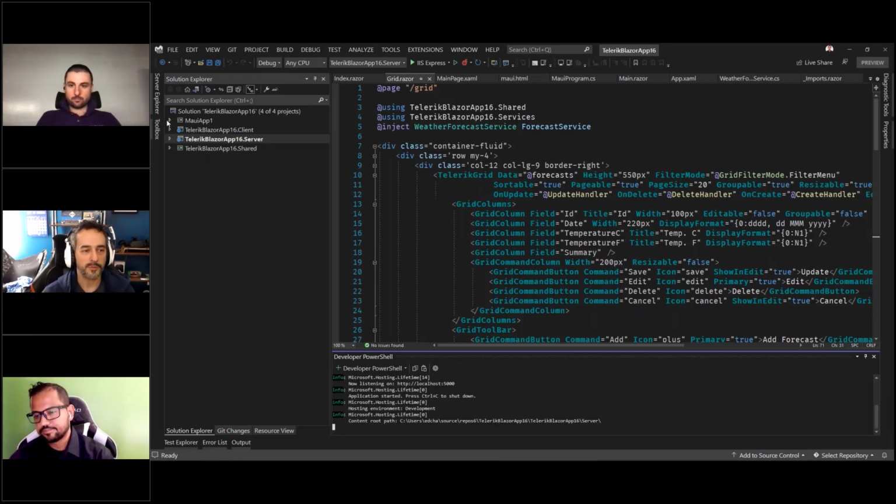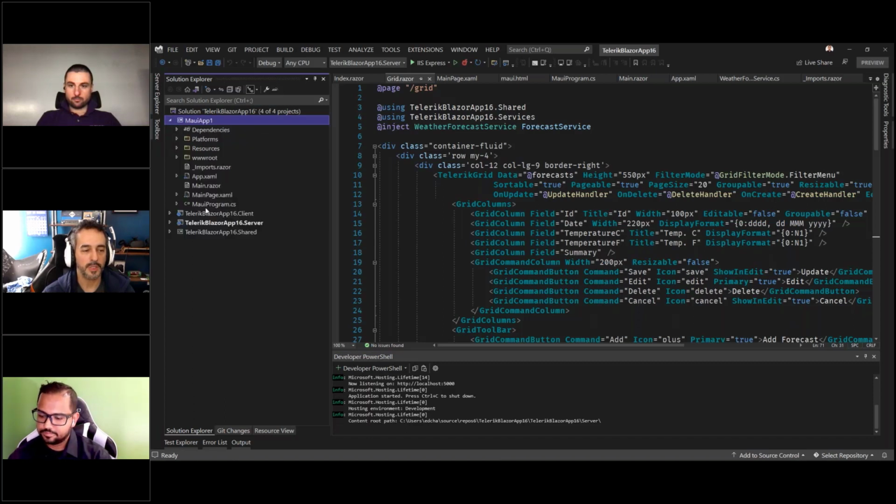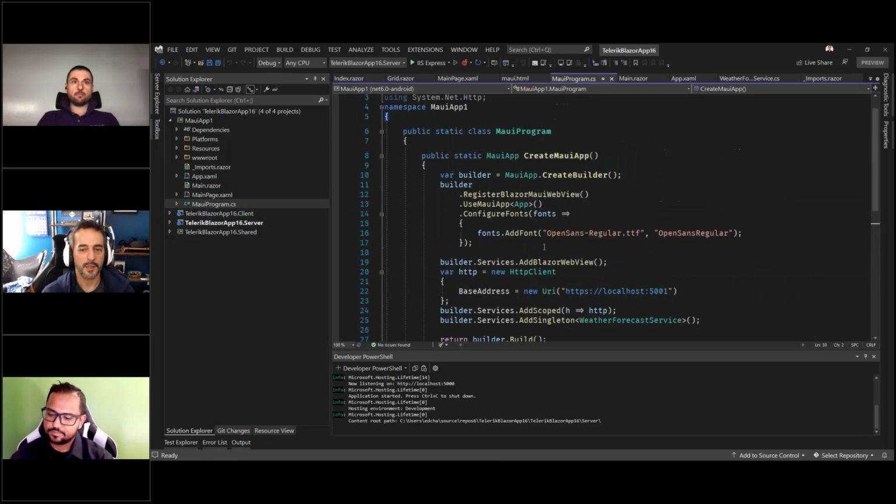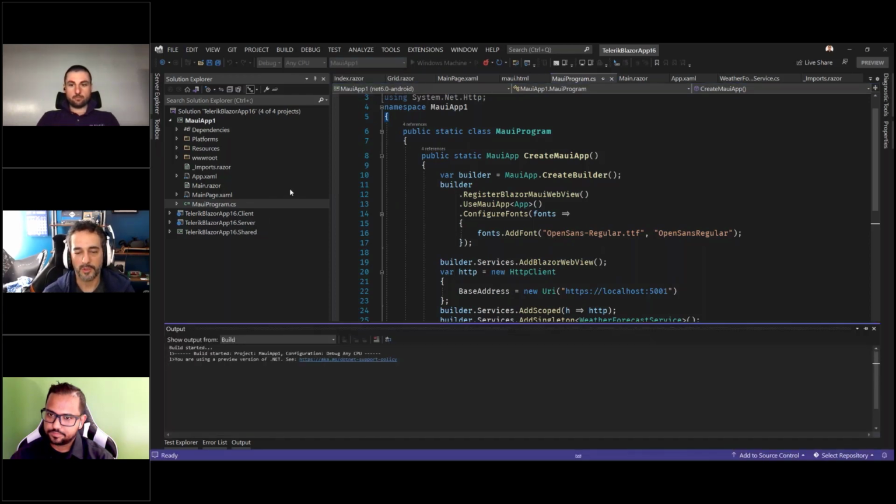I have a project reference set up in this MAUI application that is actually just referencing the client application here. So I have a project reference that's going to pull in all of the views, the routing, everything that I've written for my web application, and I'm going to make a desktop application out of it just by adding a project reference and changing a couple of the services that are in here to make sure they point to the right services. And then if I run the MAUI application, you'll see the same application that we saw in the browser, but this is running natively on the desktop.